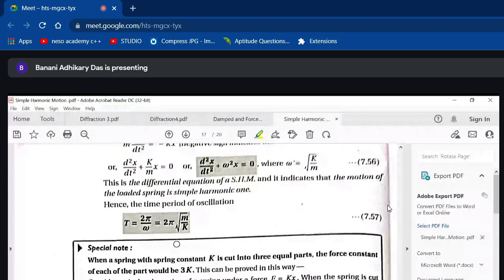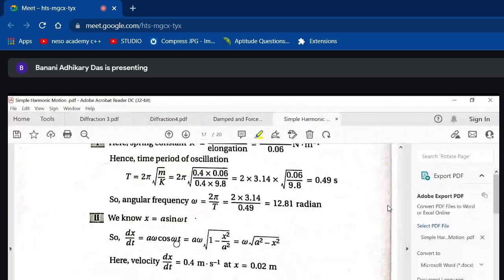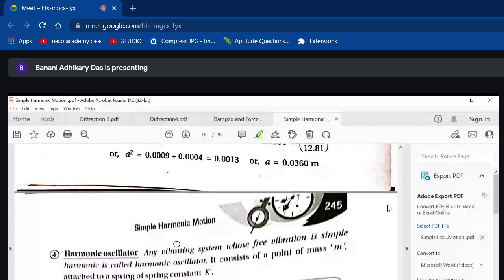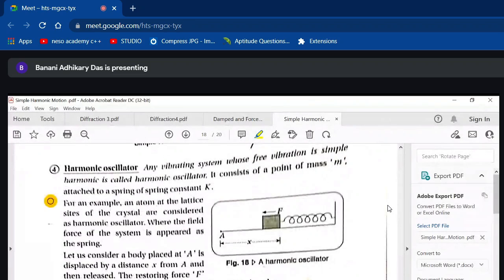Similarly, we go over to the next case. In the case of a vertical spring, we get something called a horizontal spring. This is a very important concept, the concept of harmonic oscillators. What do we mean by this? You will need this when you learn the basic concepts of quantum physics, and also in crystalline solids and anharmonicity terms. The harmonic oscillator is perhaps one of the basic entities of physics.